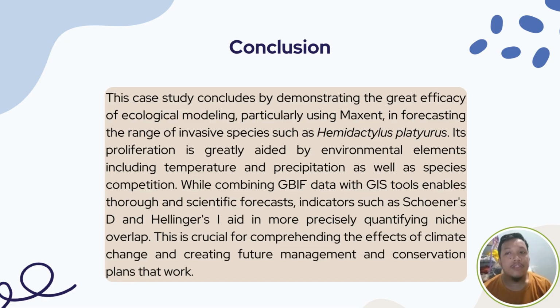Alright, so for the conclusion, the case study concludes by demonstrating the great efficiency of ecological modeling, particularly using Maxent in forecasting the range of invasive species such as Hemidactylus platyurus. Its proliferation is greatly aided by environmental elements including temperature and precipitation as well as species competition. Combining GBIF data with GIS tools enables true and scientific forecast, with indicators such as Schoener's D and Hellinger's